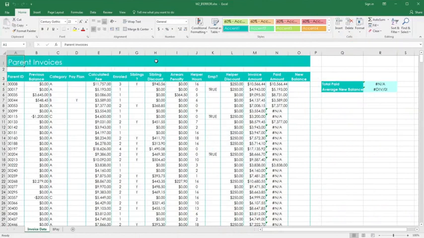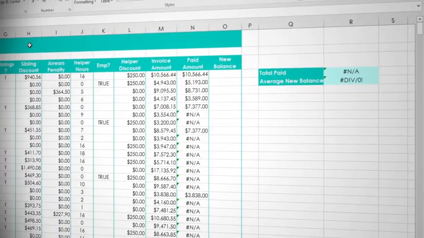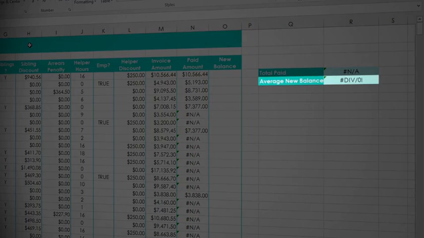In this last video, we're going to look at some very specialized logical functions for dealing with errors. Sometimes when we get an error in our workbook, it's because our calculation is wrong, in which case, best we fix it. But sometimes we get an error because the inputs are wrong or missing. And then to see a nasty error coming back at us can be disconcerting, and for less confident users, quite off-putting. We have an example right here, where for our average new balance, we're getting this nasty error coming back,